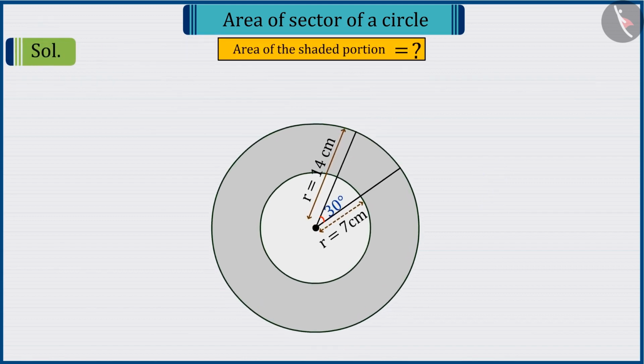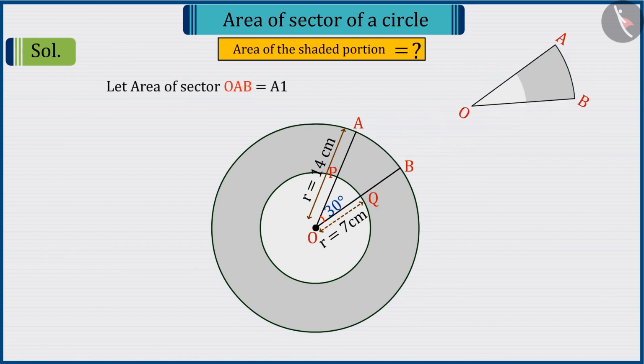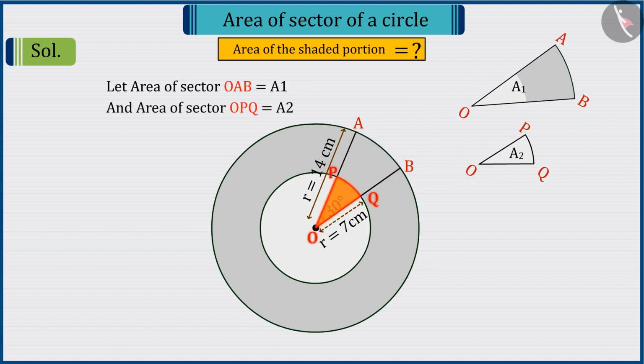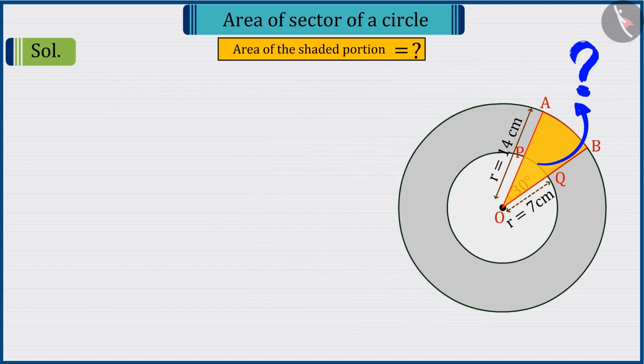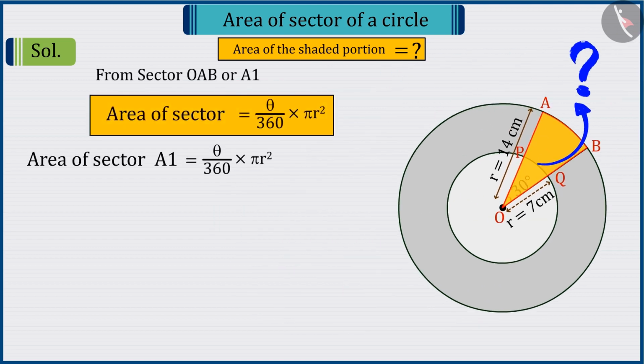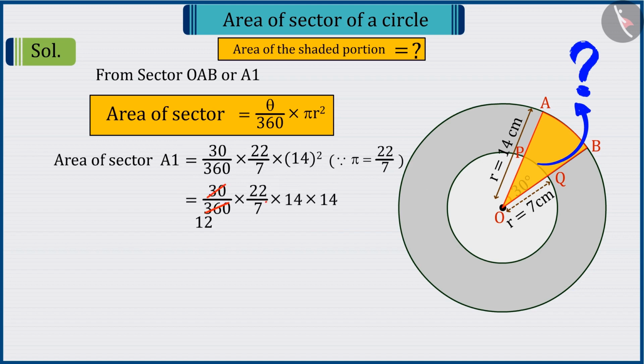First, let's name the disc according to the given information. Let A1 and A2 be the areas of sector OAB and OPQ respectively. So can you determine the value of A1? Absolutely correct. Put the value of theta and r in the area formula of the sector. On solving,